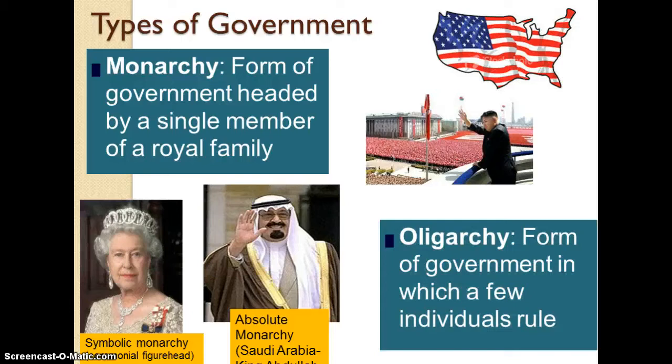The second form of government is an oligarchy, and this is a government in which a few individuals rule. Many American anti-government activists would probably argue that the U.S. is an oligarchy because although we have a democratic system, which I'll define in a little bit, it is truly just a select few people who have a decision-making influence, and that influence is mostly determined by who has the most money, corporations, and the best lobbyists. So although the U.S. is not defined as an oligarchy, some people would argue that it is.